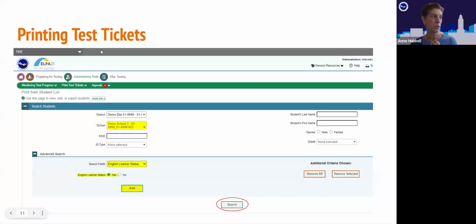Are there any questions about printing test tickets? Is there anybody unfamiliar with this process? If so, we can come off, but it kind of takes you through, and I'm just showing you the slideshow. So you go to administering the test, print test tickets, and then you can print from the student list. This just gives you an example of the district and a school that's a demo, the English learner, and you can do the alt